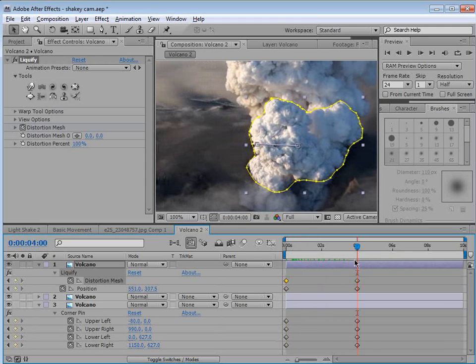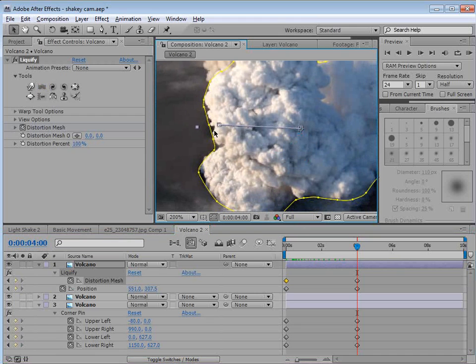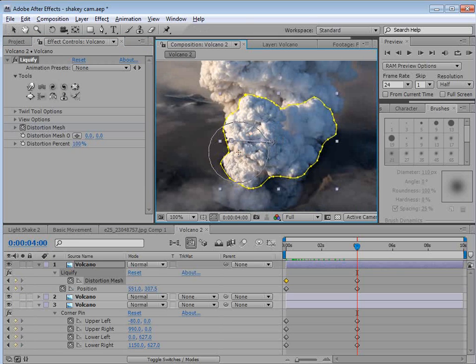We'll go to the end here and then we can start playing around with the Liquify tools. So we'll start discussing them as we click on them. We have the twirl tools. We can click on this one. The brushes work a lot like the clone brush. If you hold down Control and drag left and right, you can change the size. So what I'm going to do with the twirl brush is just start spinning the clouds a little bit so that it looks like they're